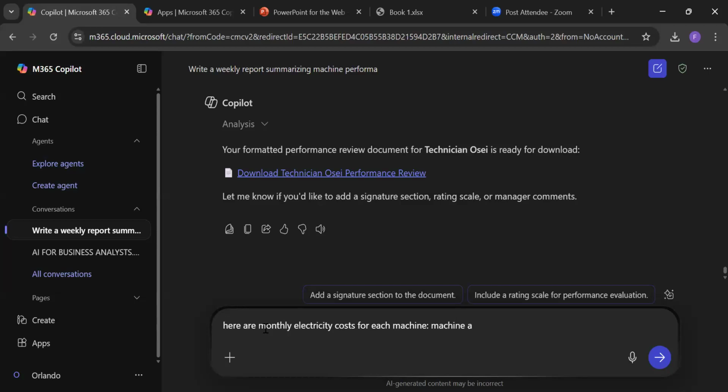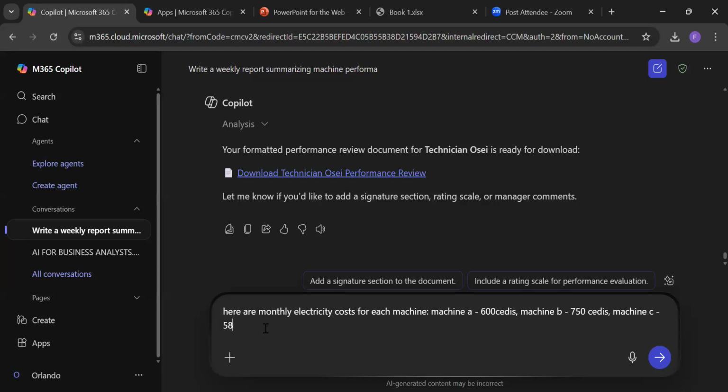Machine A cost us 600 cedis to power. Machine B cost us 750 cedis to power. Machine C cost us 580 cedis to power.